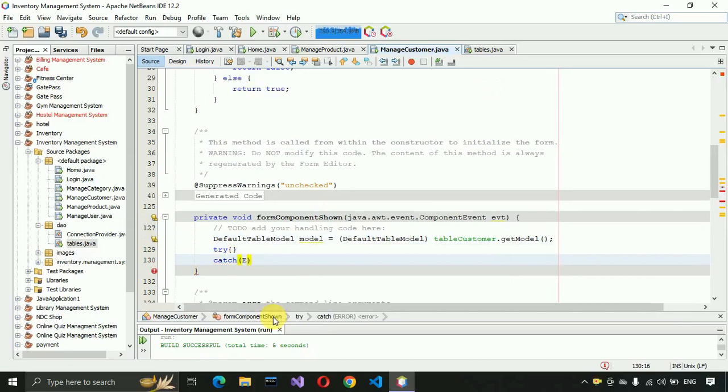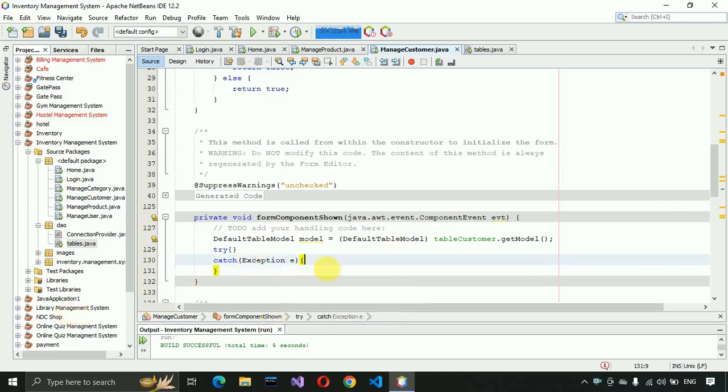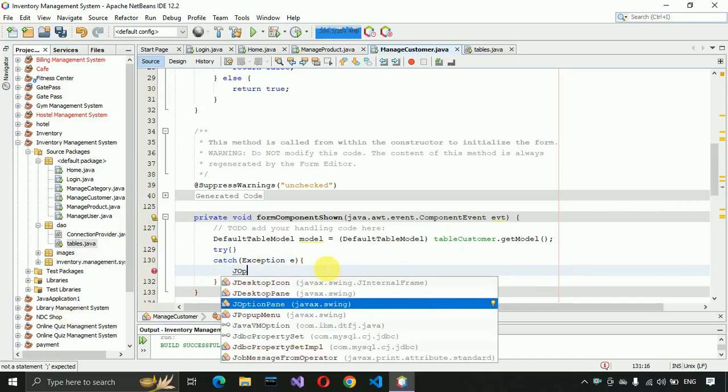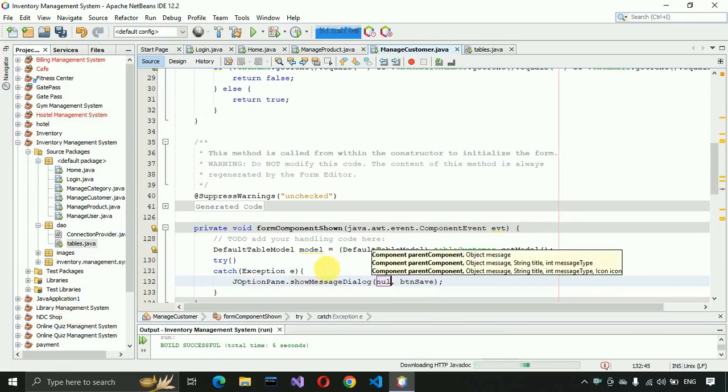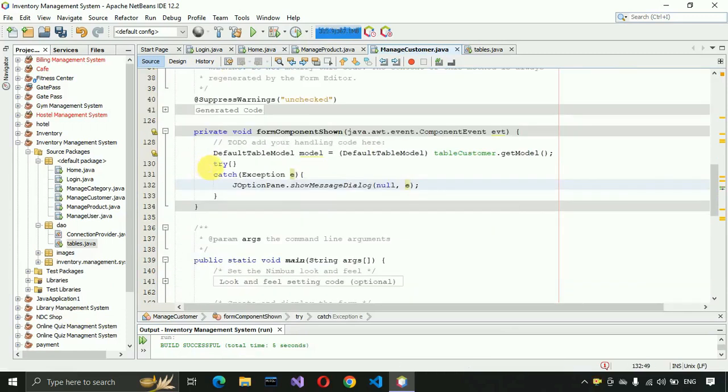and here we have to just write Exception, and we just need to display the exception. So here we have to just write JOptionPane.showMessageDialog component null, and then we have to just write here e. Let me scroll a little bit,